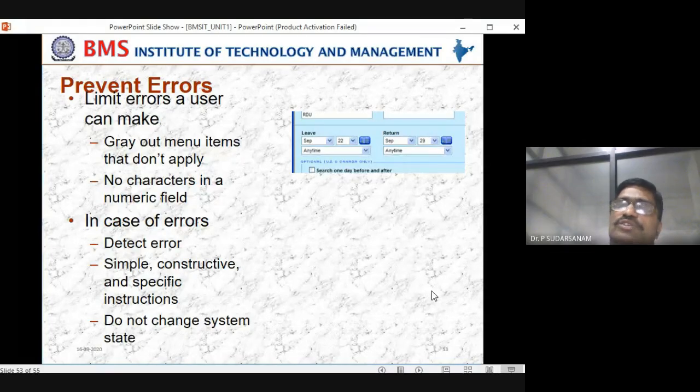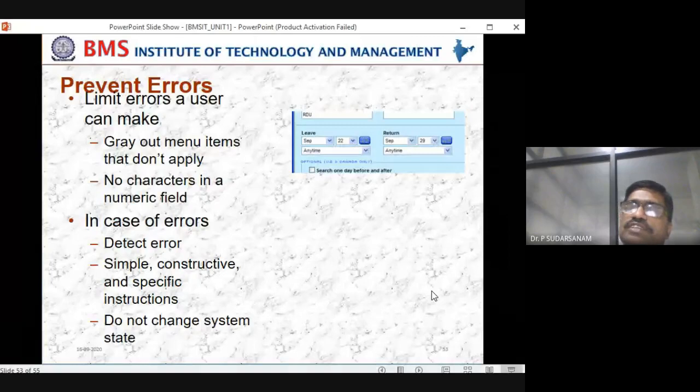Before that, when you go to the ATM, how many steps are to be followed? When you insert the card, whether it is valid or not, whether the system identifies it or not. Once it is identified, whether the PIN number is correct or not. Once the PIN number is correct, whether the amount is there or not. All these are precautions to be taken care of as a programmer. That is what you have to identify: the errors, or preventing the errors.